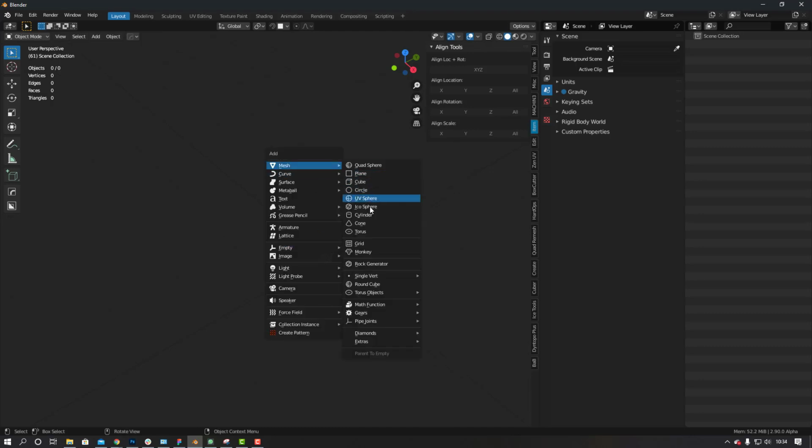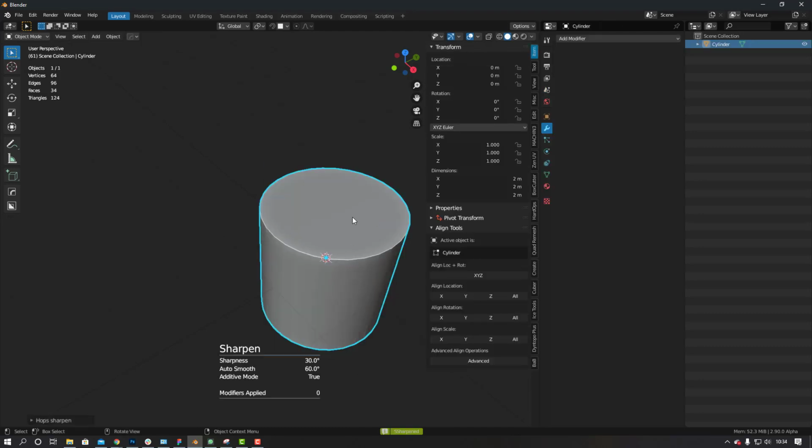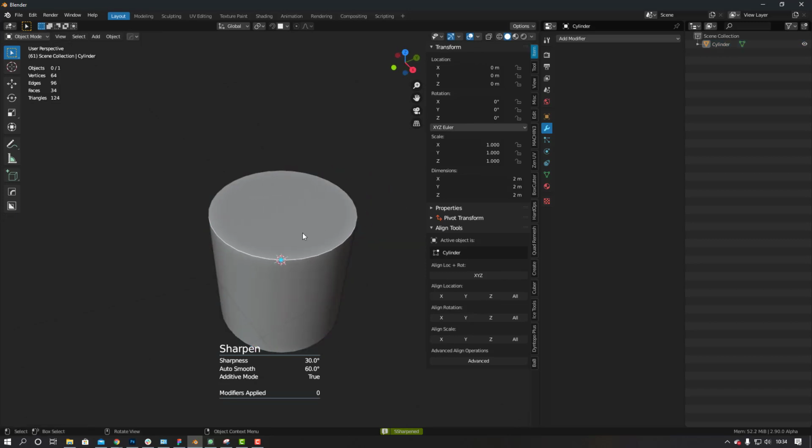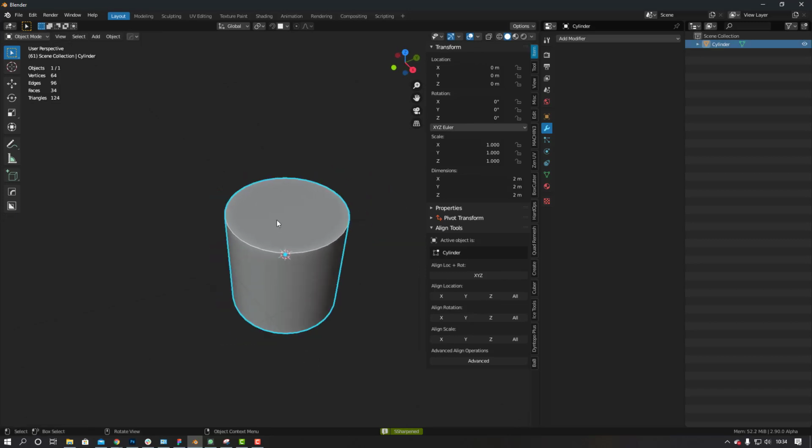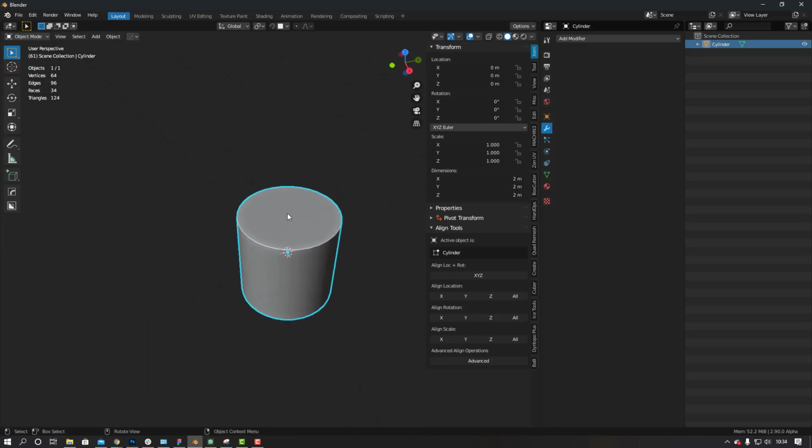So let's add a cylinder. By the way, I'll make sure that we use vanilla Blender for this, so we won't use HOPS or any other plugins for this. Cool. So we want this cylinder now to array along a path. So what we need to do is first add an object for it to use as a